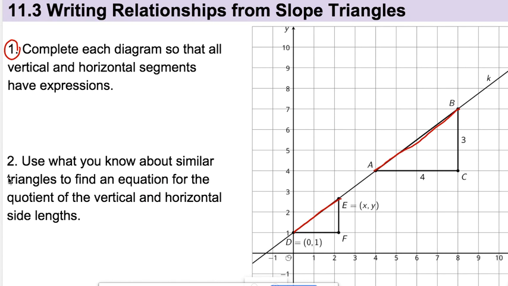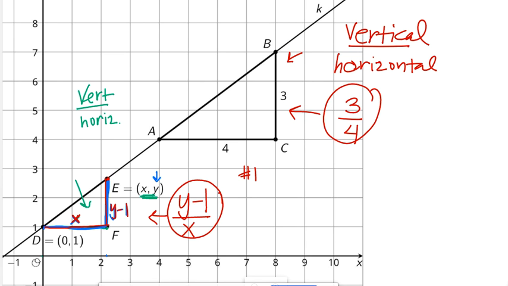Let's go back here for a second. Number 2 says, use what you know about similar triangles to find an equation for the quotient of the vertical and the horizontal lengths. Here's all that's saying. Remember that when I create these similar triangles, the ratios of the vertical over the horizontal should be equal. Okay, for example,